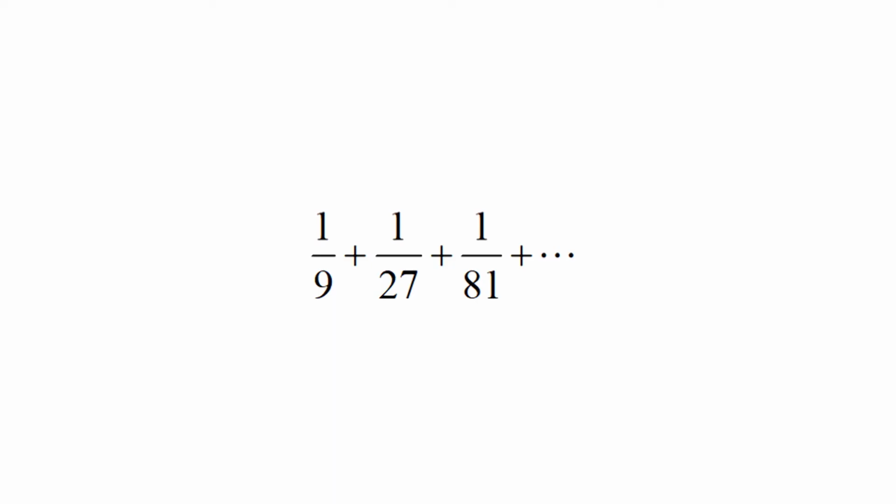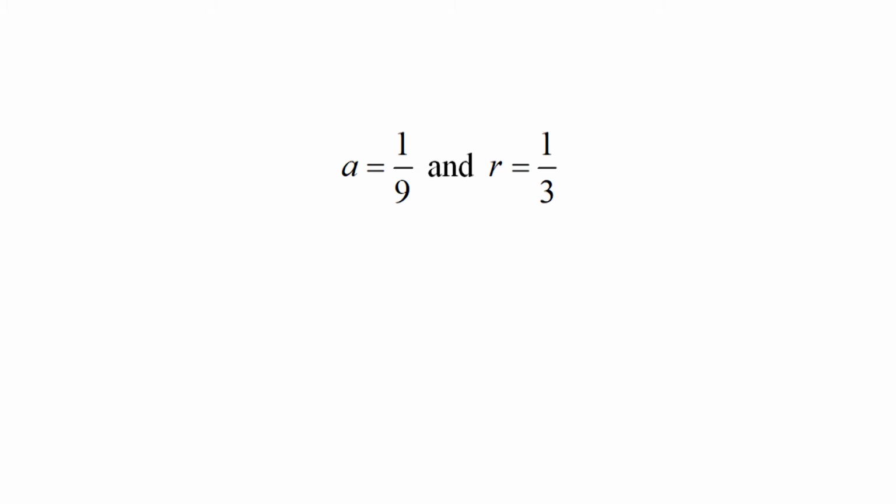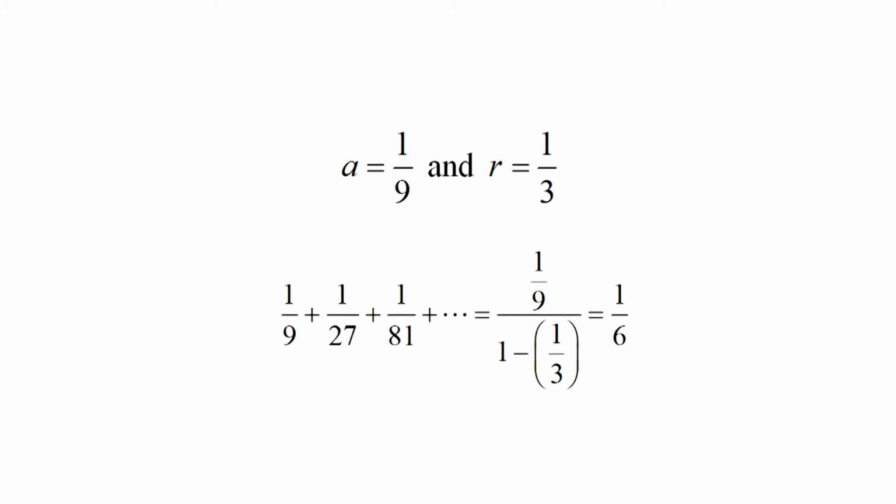We show that the series 1 upon 9 plus 1 upon 27 plus 1 upon 81 plus etc. converges. Find its sum. The given is a geometric series with a equal to 1 upon 9 and r equal to 1 upon 3. Here absolute value of r is strictly less than 1. Hence, the series is convergent and its sum is given by 1 upon 9 upon 1 minus 1 upon 3,